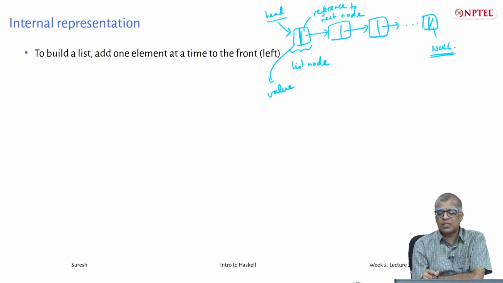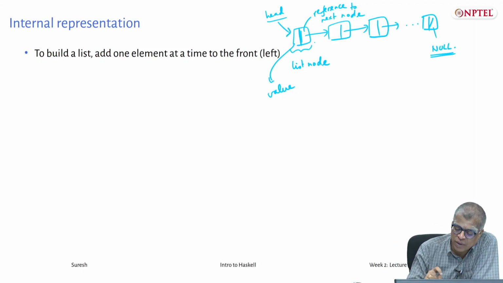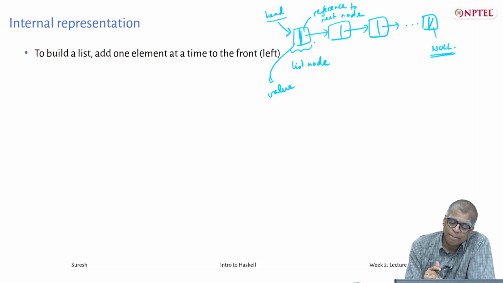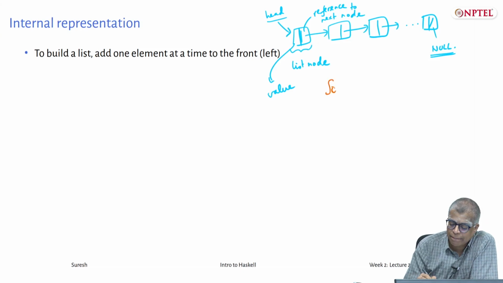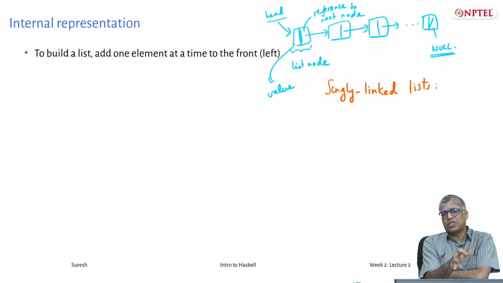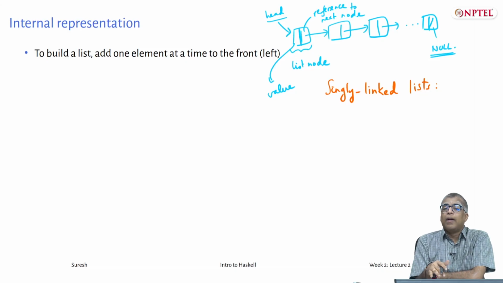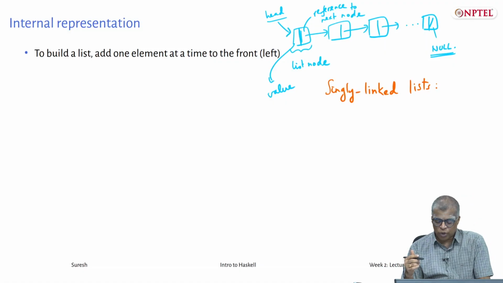Haskell lists are exactly like this, except that you don't need to worry about nodes having two parts and references to the next node, etc. But internally, Haskell lists are singly linked lists like this. Internally, Haskell stores lists in some structure like this, but a programmer has much more flexibility in how you program with lists. Let us see what you can do with lists.